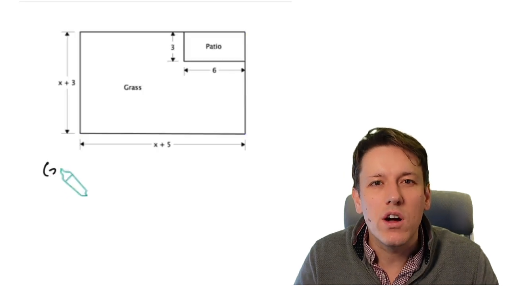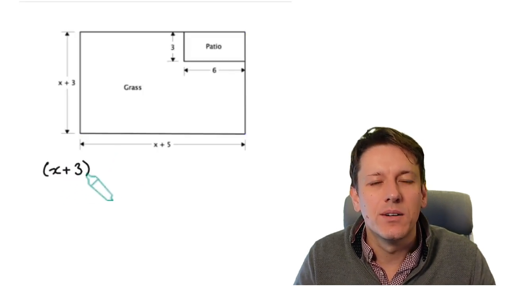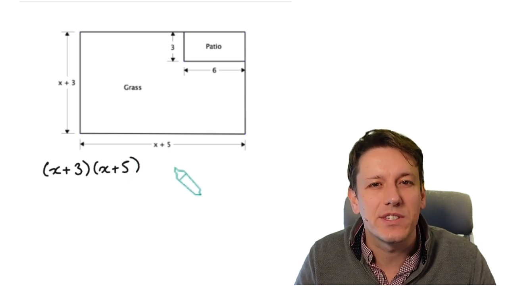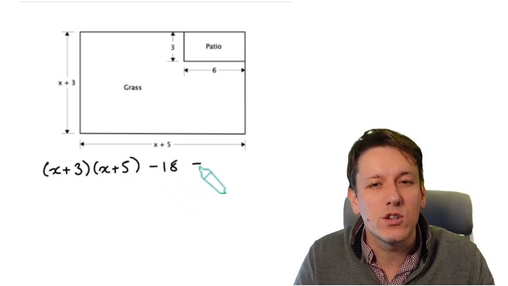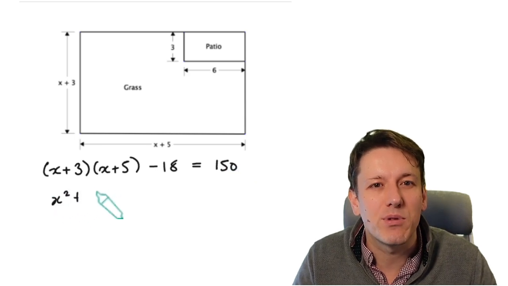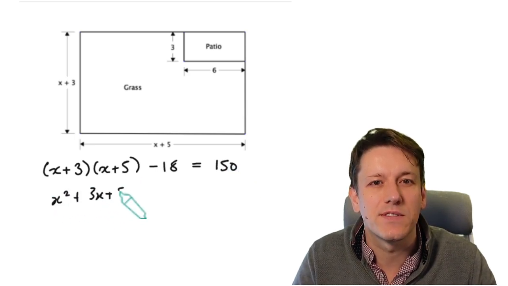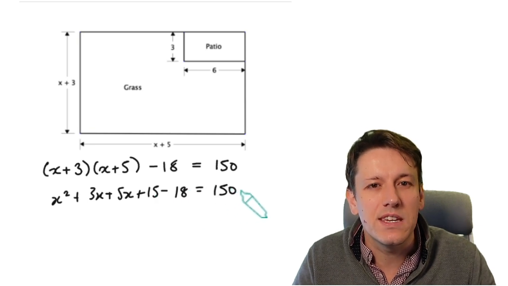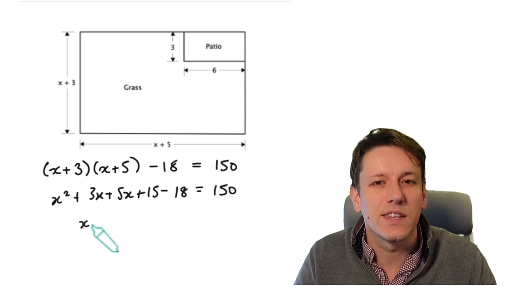So the area of grass would be the large rectangle minus the small patio area, so that would have dimensions x plus 3 times x plus 5 minus 18, and we're told that that's equal to 150. So what we need to do here is to multiply out those brackets to get x squared plus 3x plus 5x plus 15, and then I subtract the 18 equals 150,